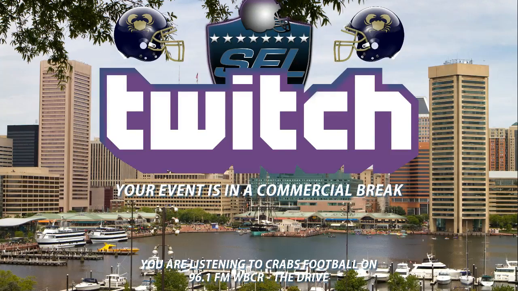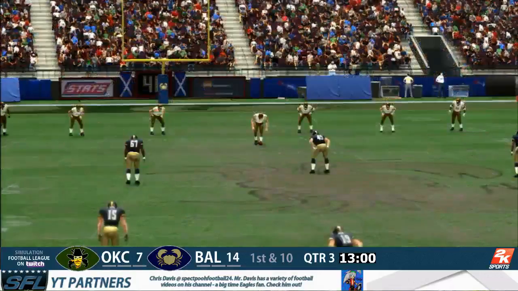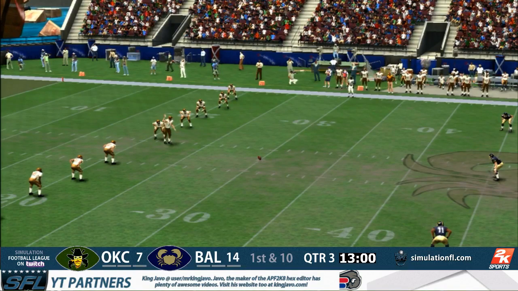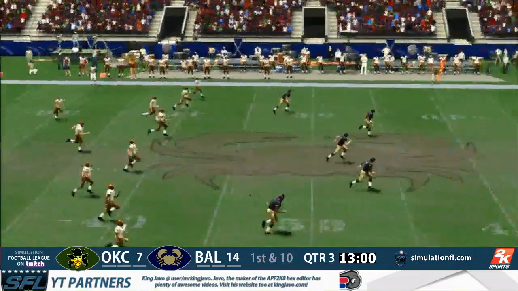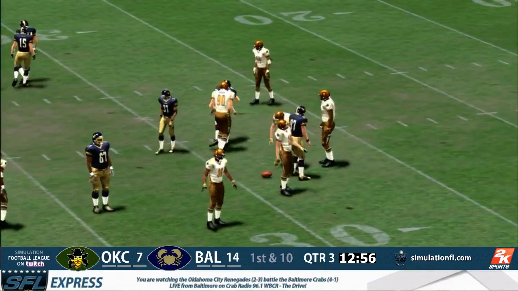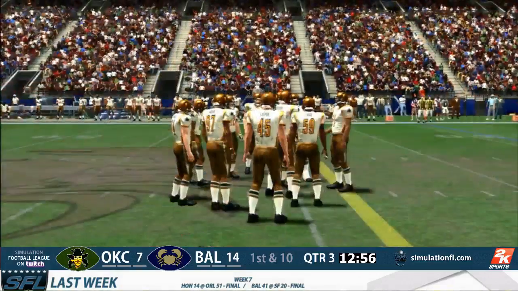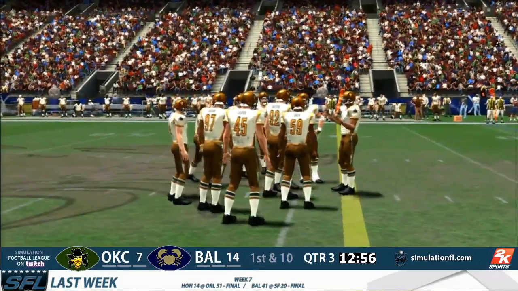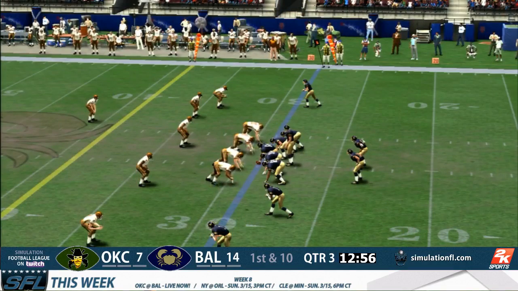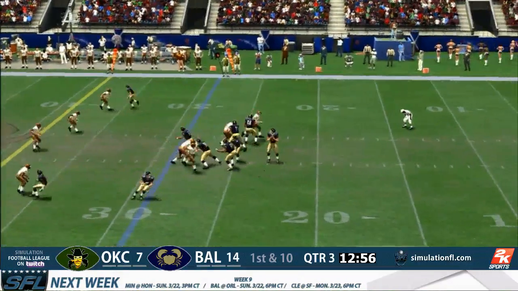The Baltimore Crabs receive the second half kickoff. So first down and 10 at the 29-yard line. For those that don't know already, the league will be partnering with Daktronics next year. Daktronics will be providing our stat database and online sortable statistics, all at the touch of a button. Phenomenal accomplishment for this league to get a major company believing in our vision, and a phenomenal accomplishment for our